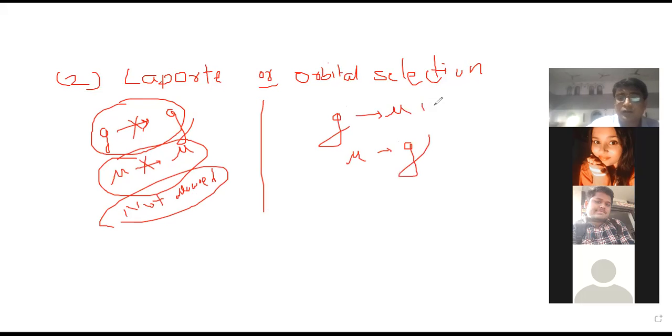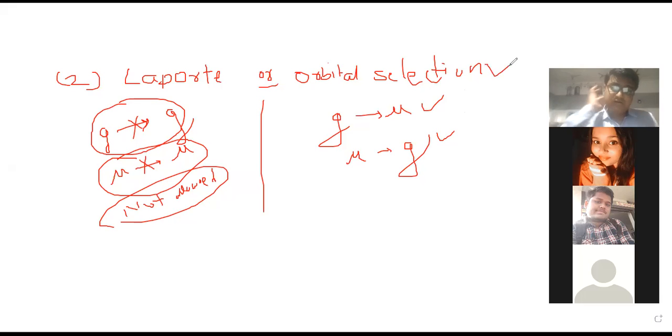So these are allowed transitions. The allowed transitions will result in a high intensity band, and forbidden transitions will result in a less intense band. As per the orbital selection rule, as they call it, the orbital selection rule is related to the